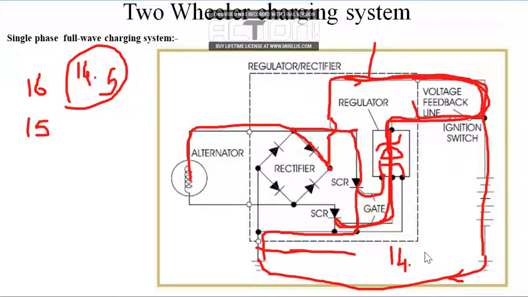And it only happens when the source voltage is supplied more than the Zener voltage, that is 16, 15, or more than that. But whenever it comes back to the range that is less than 14.5, the Zener becomes inactive, and without regulation, the rectified DC voltage is applied across the battery.